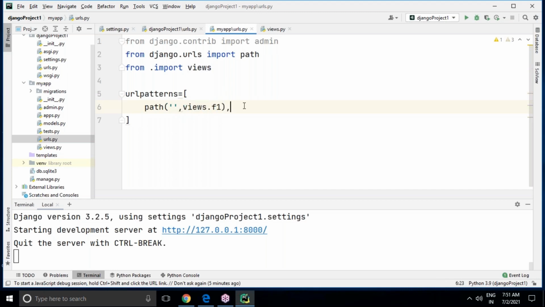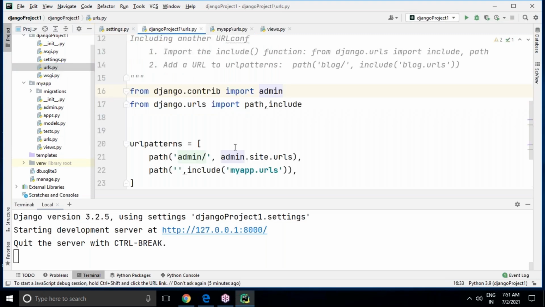Your request goes first where? To the urls.py of the project level. In the project level URLs also, you have to identify your URLs, or not? Yes. So that's why I'm using the include function. Using this include function for this project, I'm including my app.urls. Later, if we create one more app, my app one, then come here and include my app one.urls.